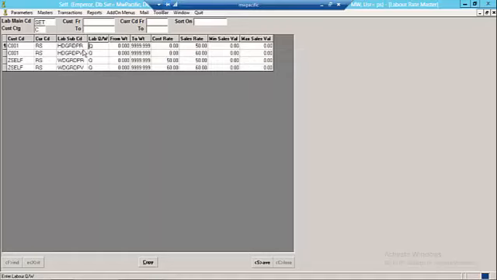Next is labor QW option. Setting is always charged by Q, that is the number of stones in the design. Then the weight range. In the case of setting, it is the pointer weight of the given RM code. Based on the pointer weight, the system will get the respective sale rate from this rate chart. Minimum sale value and maximum sale value do not get applied when the given labor code is charged by Q, that is quantity wise. This way, the user will be able to define the labor rate chart for various customers in the system.